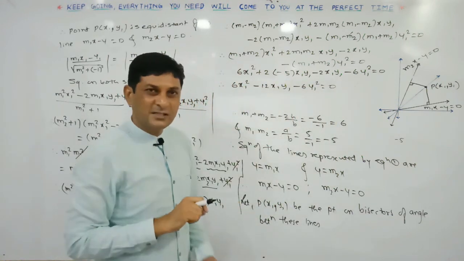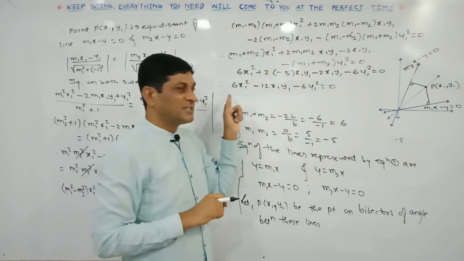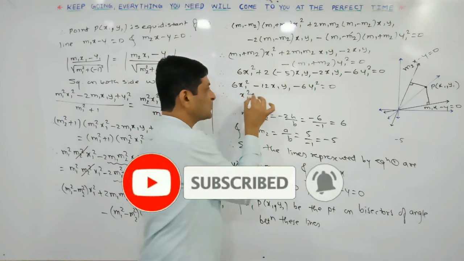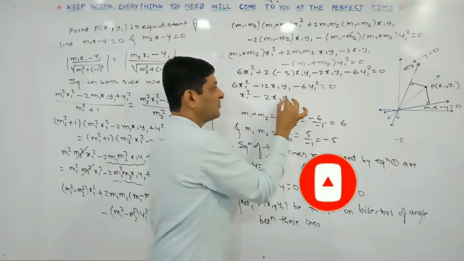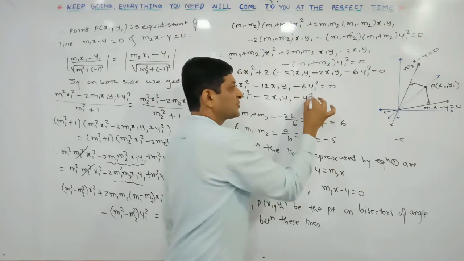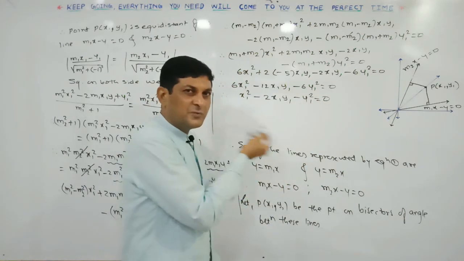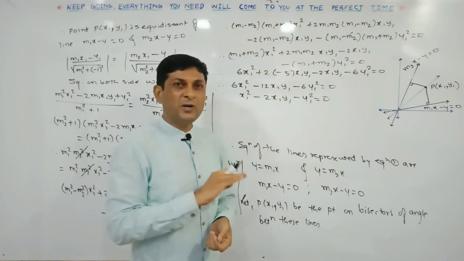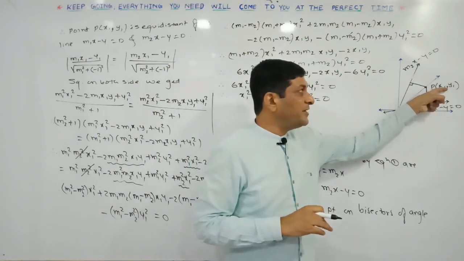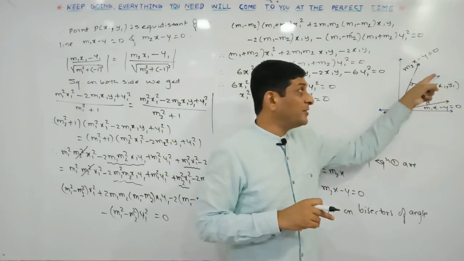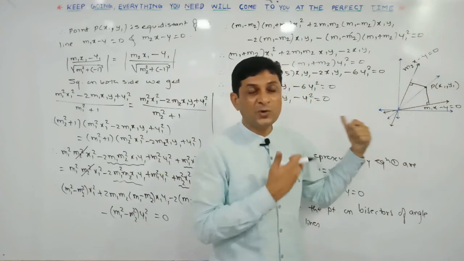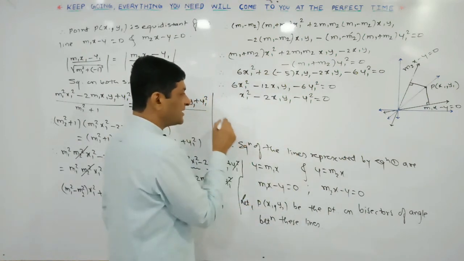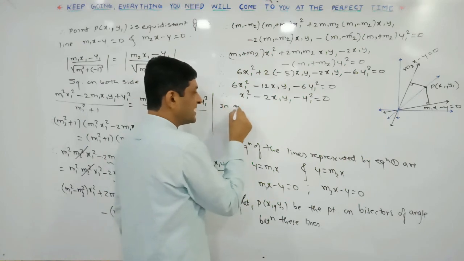If you observe all the terms in this equation, every term is divisible by what? 6. If I divide both sides by 6, we will get x1 square minus 2 x1 y1 minus y1 square is equal to 0. Now we can observe that this is an equation in terms of x1 y1. And what is x1 y1? x1 y1 are the coordinates of a point. It is the coordinate of a point on what? The angle bisector. In short, we can say that this is the equation of the angle bisector. So while writing the equation in general form, we can say that in general,